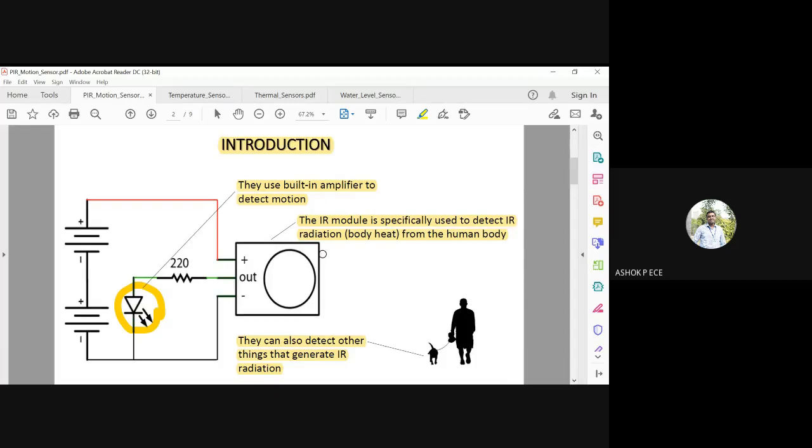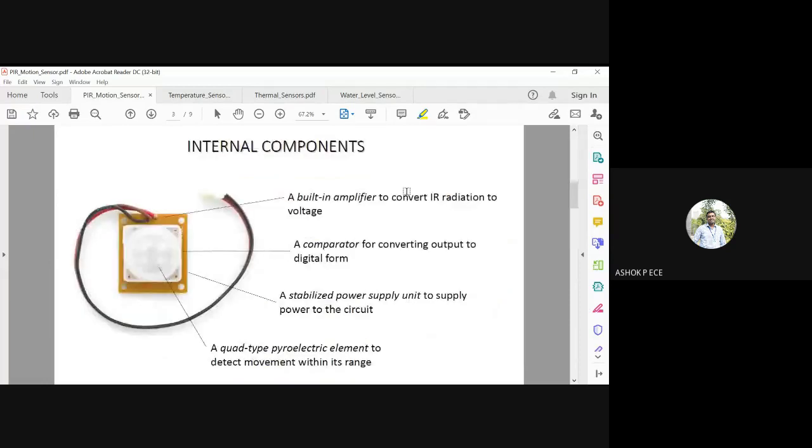But accordingly, you can put filters here, or you can add one more sensor for that, and you can accordingly show whether there is a human being around, or whether there is an animal around, or whether there are objects around. So you can put separate sensors for each application you require, and you can develop this as an application. Okay, so this is the PIR sensor.